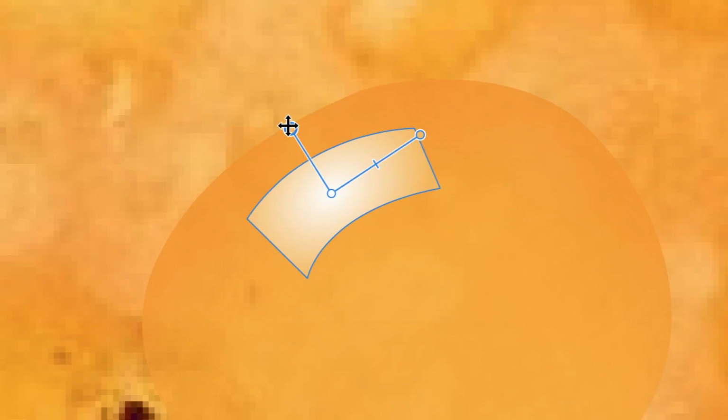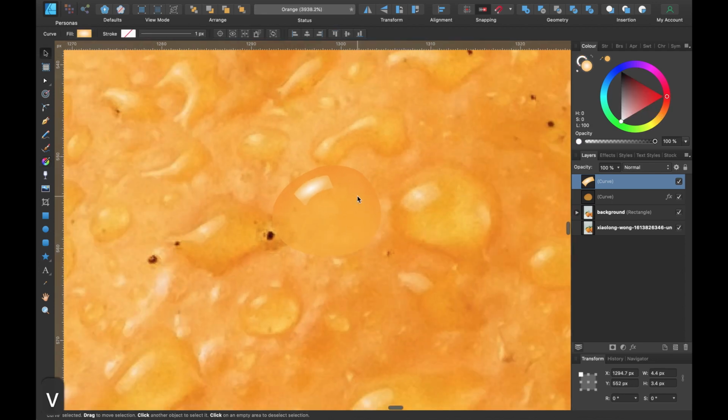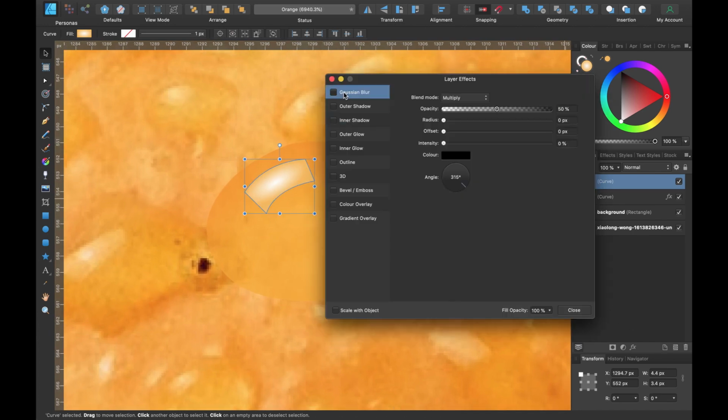And I'm going to want to drag this arm down slightly, but I want this one to stay the same. So I'm going to hover over this color, press Control and click and drag down like that. And I'm going to bring that in slightly as well. Okay, press V for the move tool. It's looking quite sharp there. If you wanted to, you could go to Effects and just add on a slight bit of Gaussian blur there, like that. And press close.